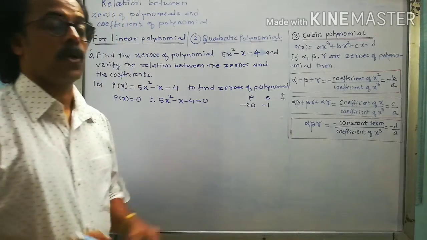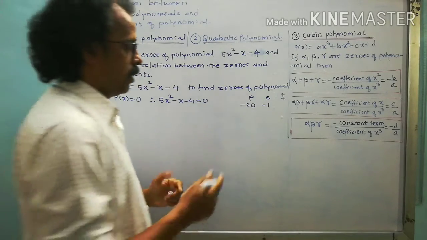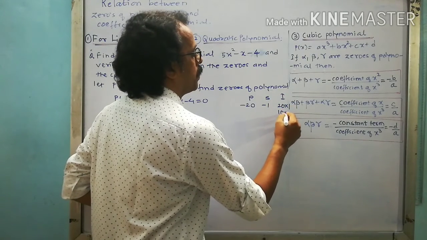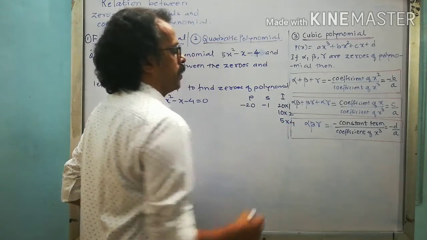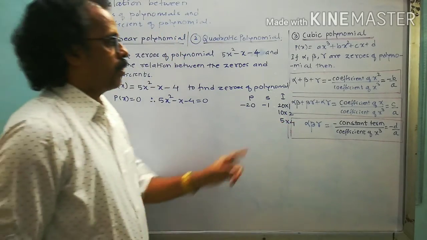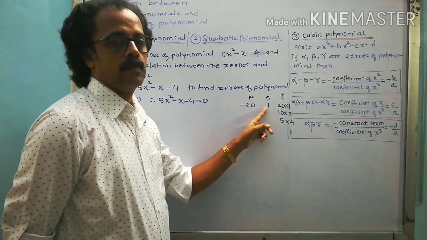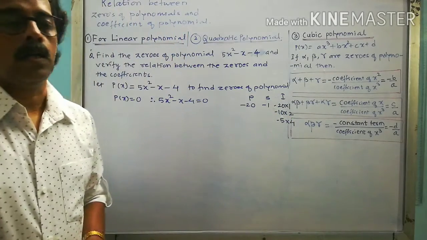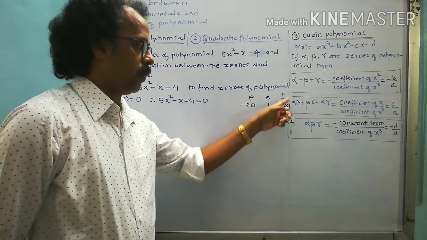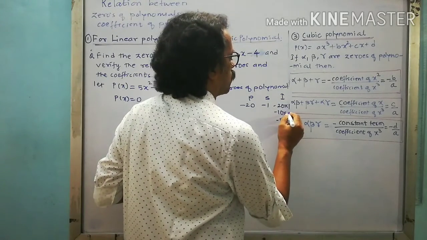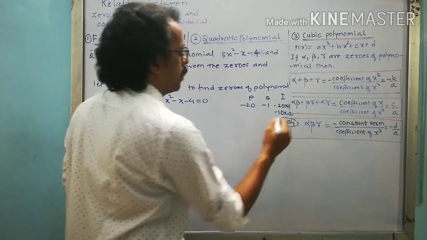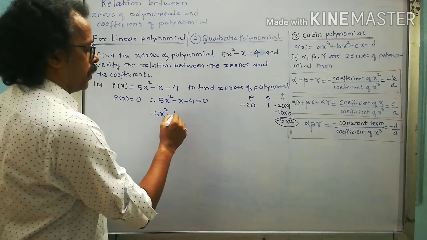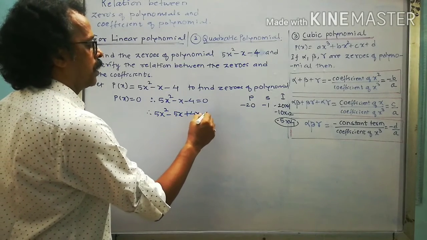Okay. Now what are the possible factors of 20? We start with the higher value. That is 20 into 1, 10 into 2, 5 into 4. These are the factors we are writing. Then for the greater number we give the sign of the sum, so that is minus, minus, minus. And the product is negative, therefore one number is negative, one number is positive. So obviously these 4, 2, 1 are positive. Which proper pair will we get? That is this. So we can write down, therefore, 5x square minus 5x plus 4x minus 4 is equal to